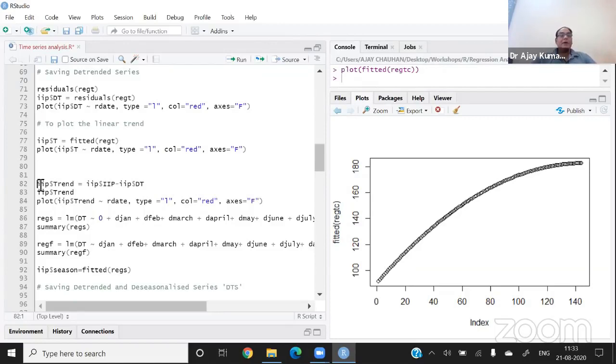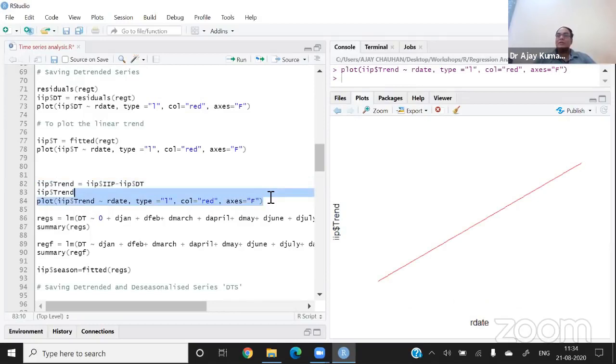I have the command called IIP trend, and I'm calculating the IIP trend by subtracting the detrended series from the IIP. So this is a series which is there in the data set. Let me run it, and if I plot it, I will have another plot of the trend. This series is a part of the data set, right? All the trend I saved in the data set. Now in the file I have the data set in the form of the trend.